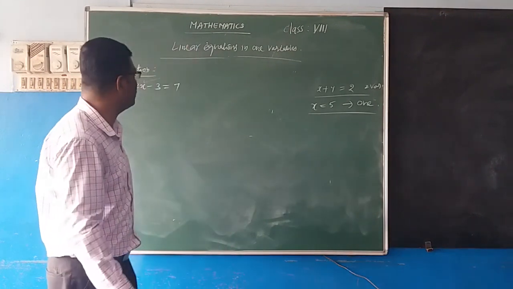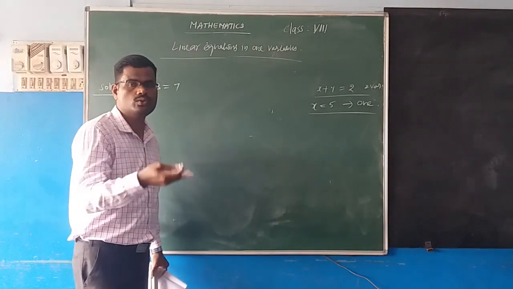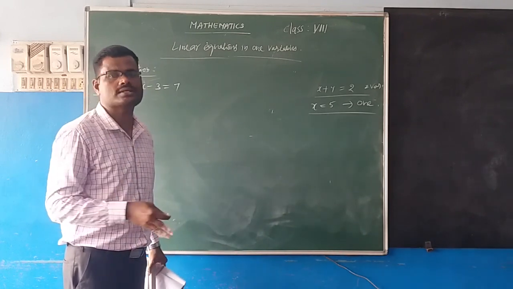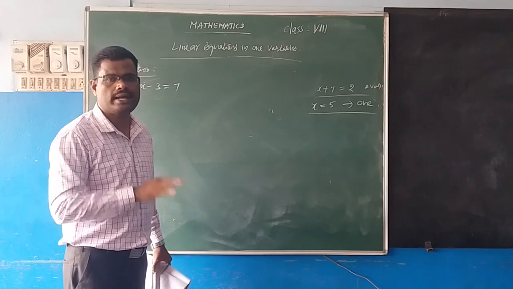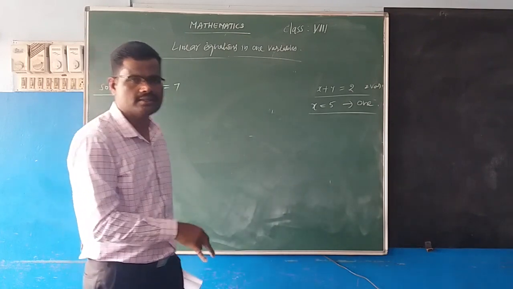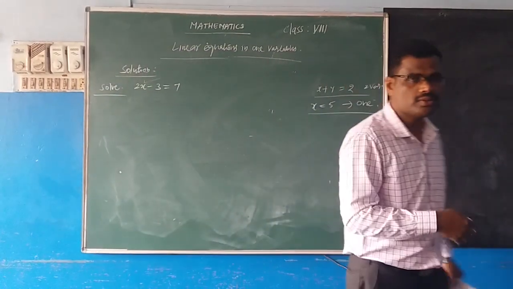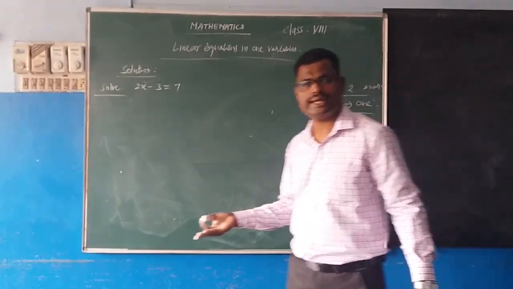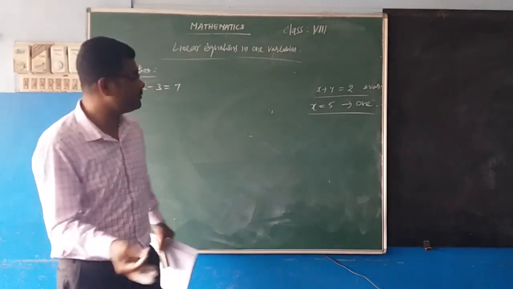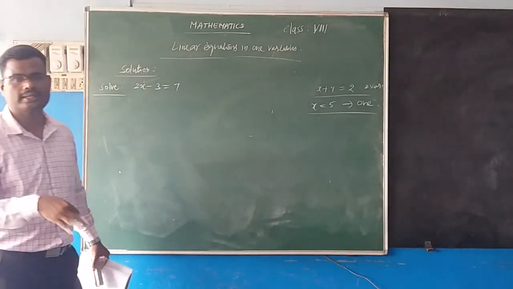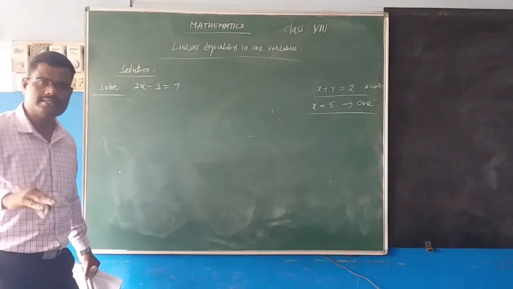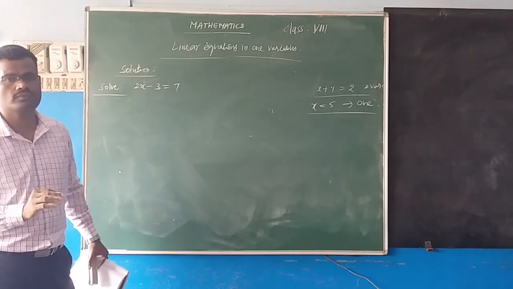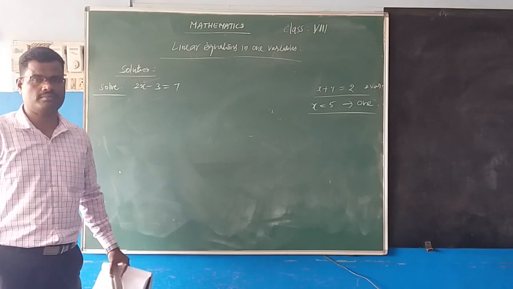In 7th standard, you might have learned how to solve equations by using different steps, different rules. The first rule is adding the same number on both sides. Second is subtracting the same number on both sides. Third is multiplying the same number on both sides. Fourth is dividing the same number on both sides. Fifth is interchanging the LHS and RHS. The sixth one is transposing the values. We can make use of any one of these methods here.